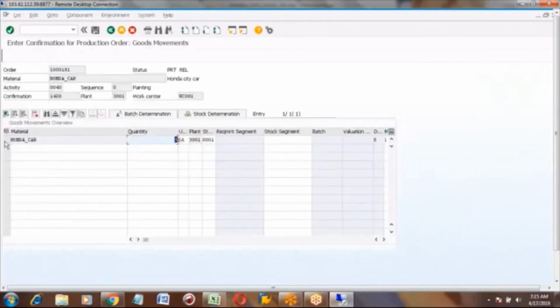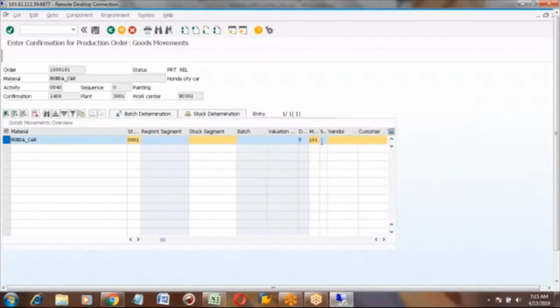Click actual data, then click on goods movements. Movement type 101. You can see the Honda car has come, 5 quantity, storage location, and the movement type is 101.